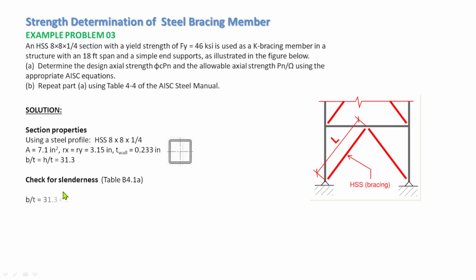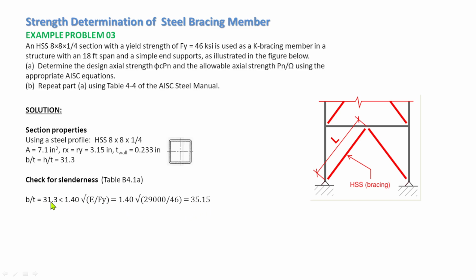In our calculation, we have the width to thickness ratio equal to 31.3, less than or equal to 1.4 square root of 29,000 over 46, which is Fy,